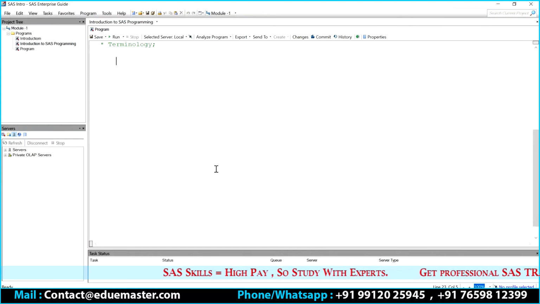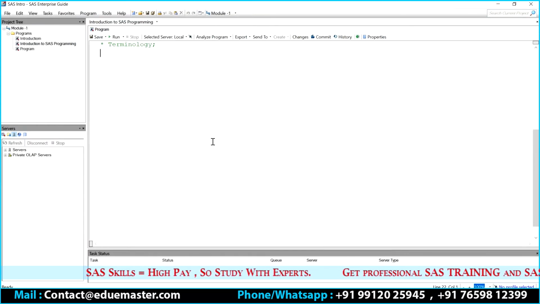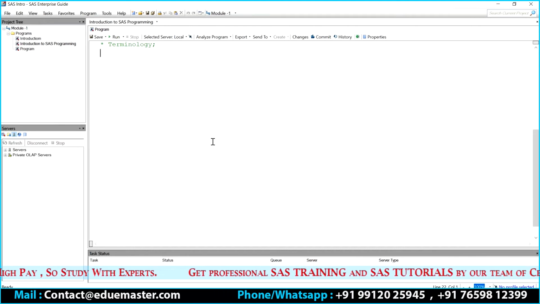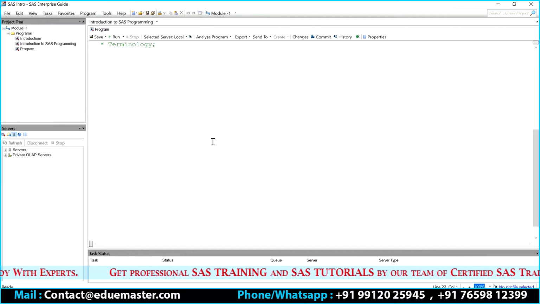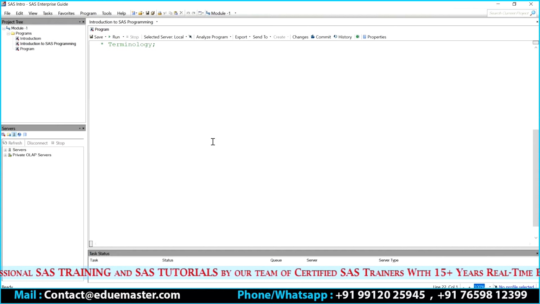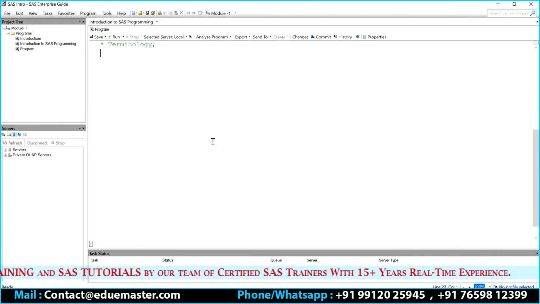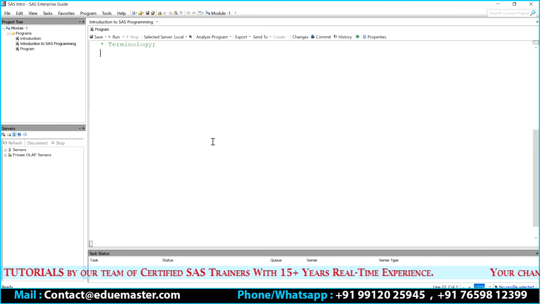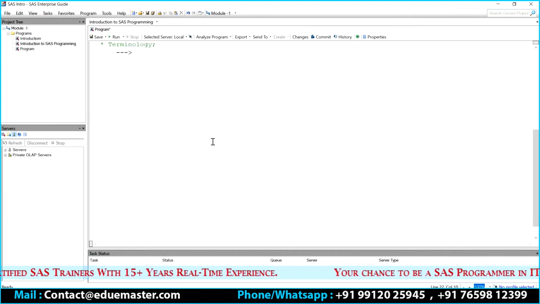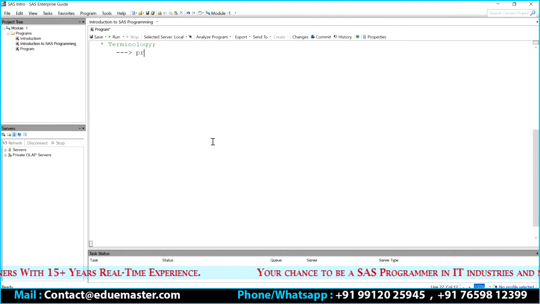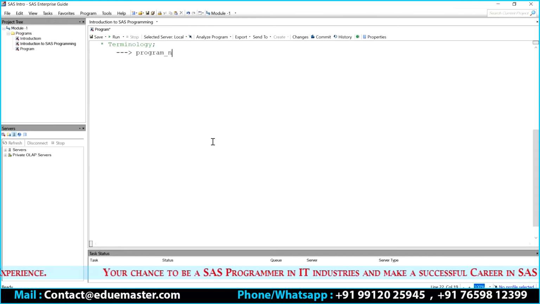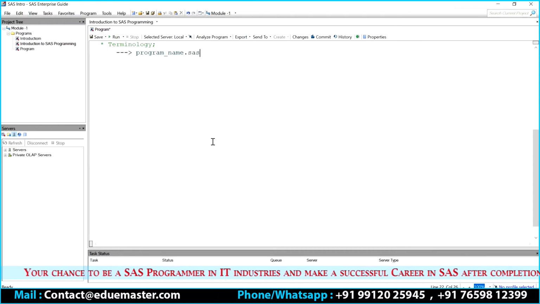If I want to save any SAS program, the simple thing is you can use your shortcuts or the Save As option if you are using a tool, or if you are going with Linux, you can simply use your vi editor and save it from there. By any means, you can save your program, but remember, to identify a SAS program, you always need to mention the program name dot sas.